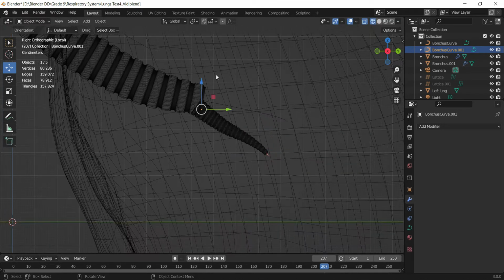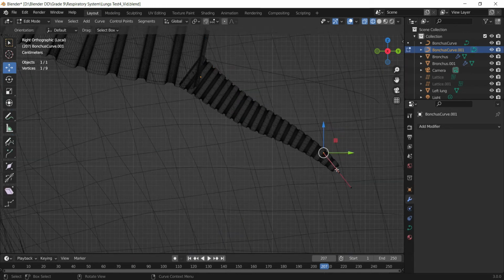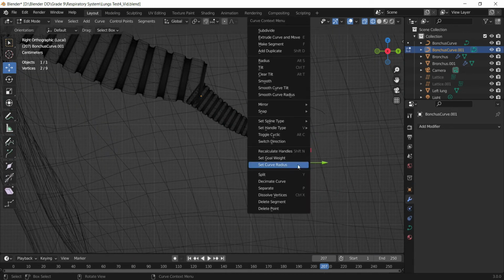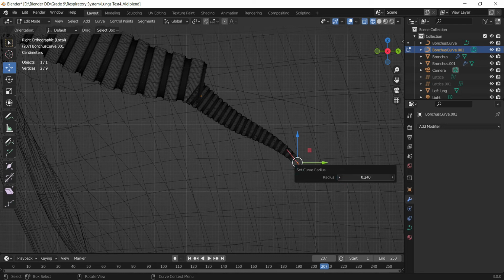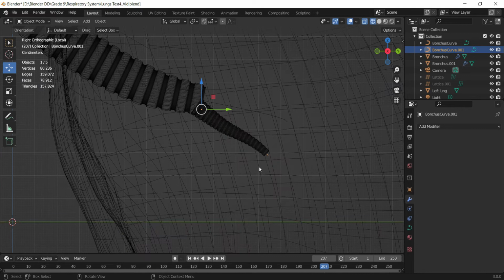All right. So I'm going to keep it like this, maybe the radius is way too large. This is looking good for the time being.